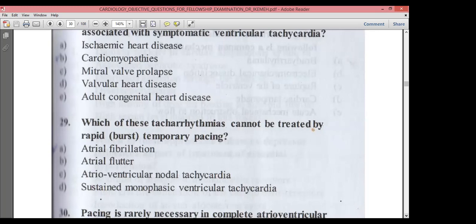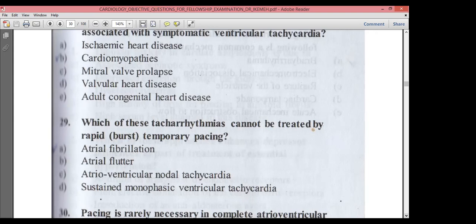You can use this for some wide complex tachycardia like non-sustained VT. Then you can also use it for supraventricular tachycardia like atrial flutter and paroxysmal supraventricular tachycardia. But from what I checked, usually for atrial fibrillation alone, you can't use it, except there's atrial fibrillation